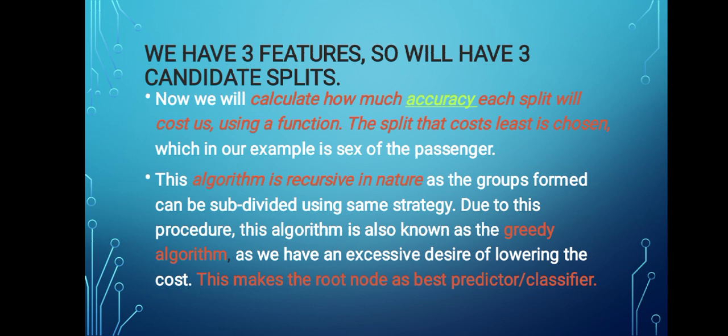This algorithm is recursive in nature, as a group formed can be subdivided using the same strategy. Due to this procedure, this algorithm is also known as a greedy algorithm. As we have an extensive desire of lowering the cost, this makes the root node the best predictor and